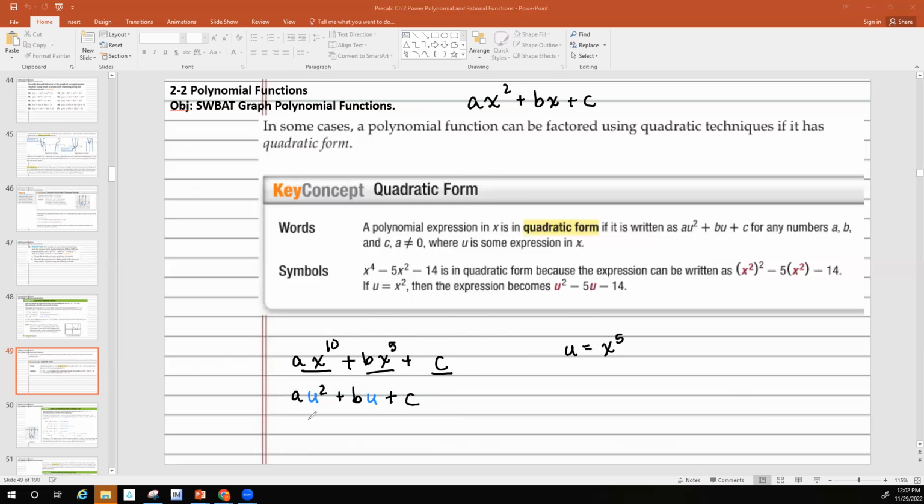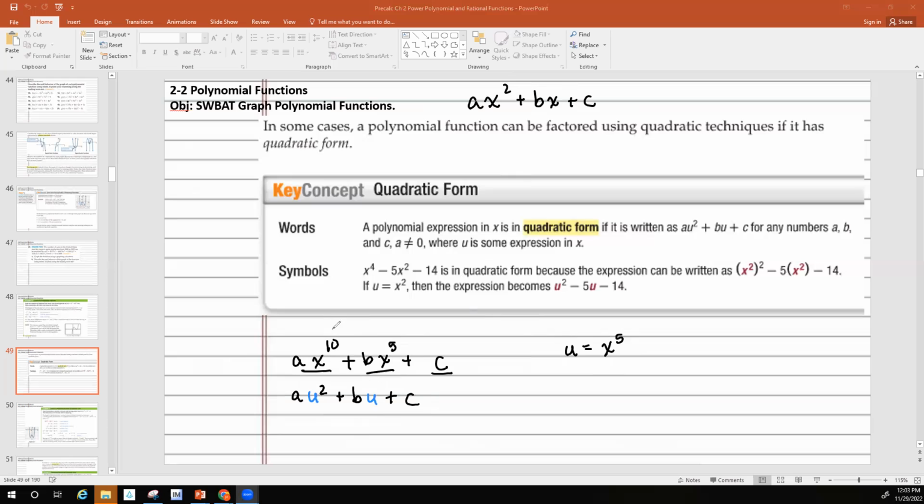And look at that. It looks just like a quadratic. So quadratic form means we can change it into a quadratic by letting a variable equal that x term there, whatever that middle x term is. Okay, so the thing is,